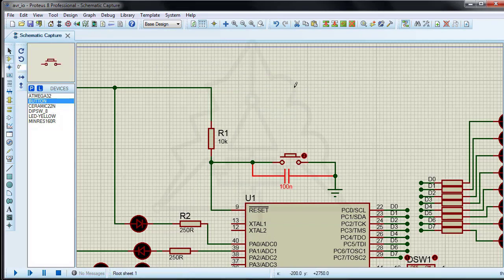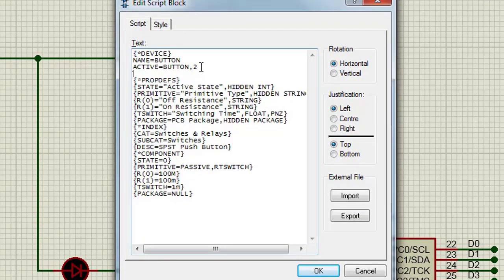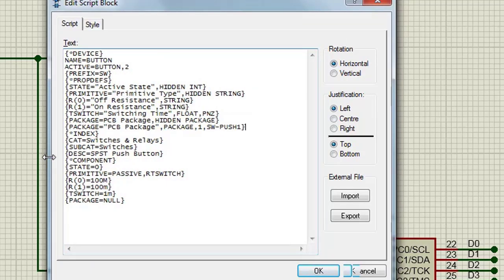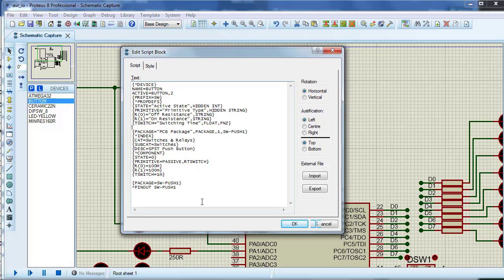For the push button, to define the package, we edit this component and save it in the library with a new name. Select the component and decompose it. You can use from, edit all properties as text. Apply these changes.